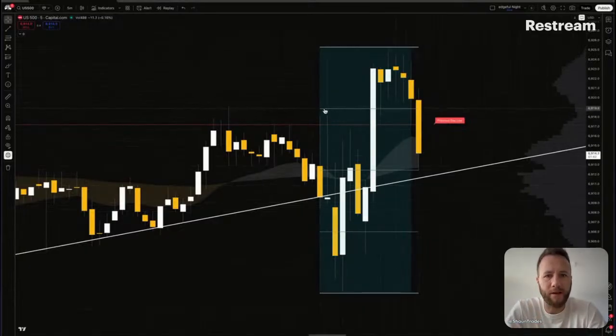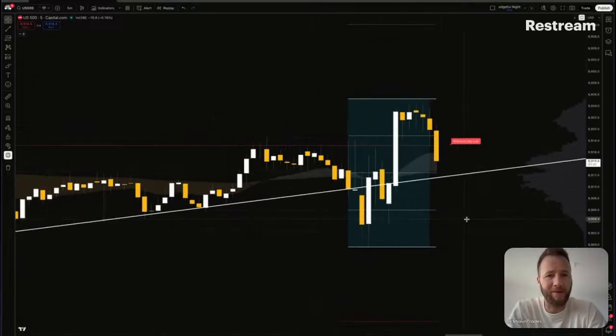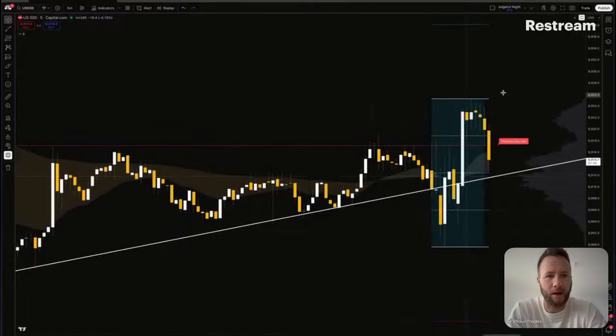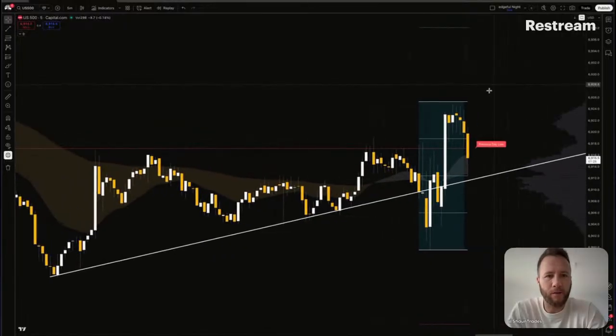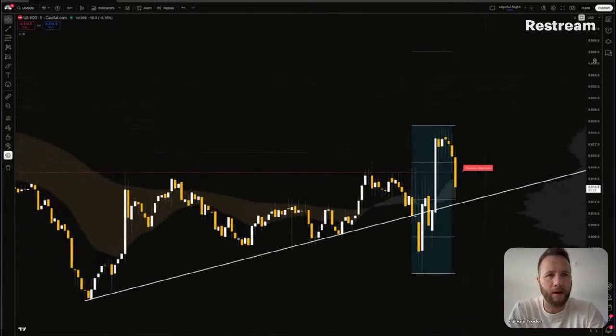So you can see this line here, which is 25%, 50% coming through here, and the 70% line. So we've just touched that 50% line, so there is a little bit of support there. I'm not too sure if it means a huge amount, but I think it's more of just a guide of where that price action will retrace to. As I say, with the momentum that we've got, I would look for a break above the initial balance breakout